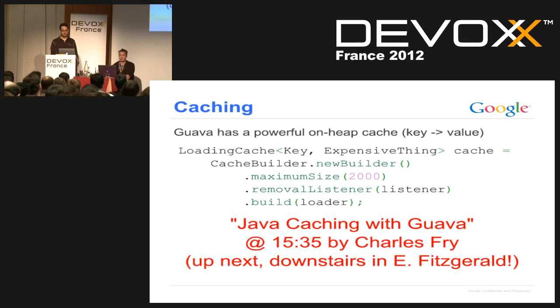We have a package of caching utilities. It contains a powerful on-heap cache. We're not trying to compete with EHCache or Memcache or anything like that. We're not trying to compete with JSR 107. But sometimes you need a cache that's just one cut above a map. You basically just want it to be on the heap in memory, and you want it to have some features. We actually have a ton of very useful features in here, but I'm not going to talk about them because Charles is going to talk about them in the next session after this. So if you feel like this session has been just too shallow of an overview over all these different topics, we can get into some real interesting detail with Charles after this.